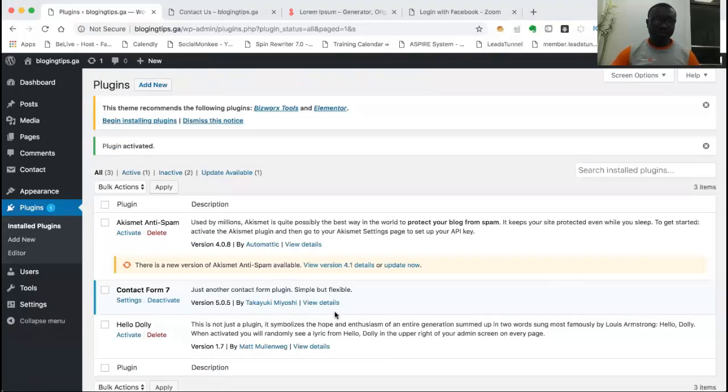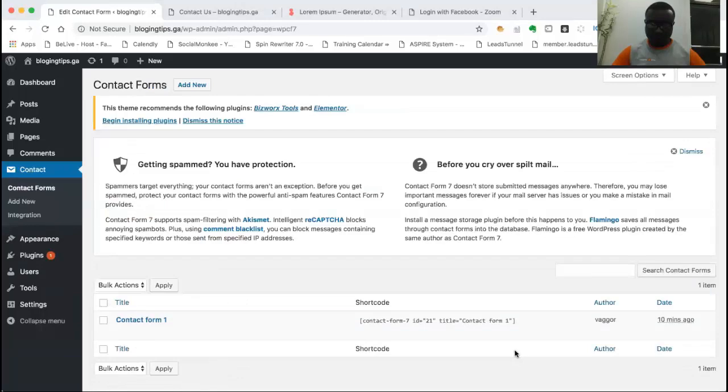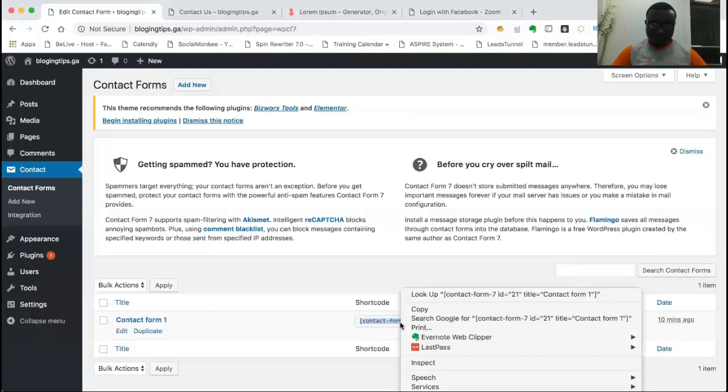Once the Contact Form plugin is installed and activated, you'll see it among your activated plugins. So let's also see it among the items in the menu over here. So we have our contacts over here because we've installed our contact plugin. So let's go into the contact plugin and then copy a short code that we will use on our Contact Us page. So we copied this short code